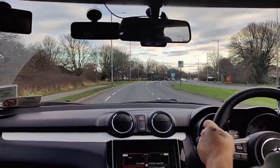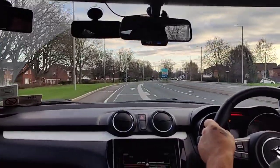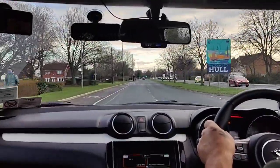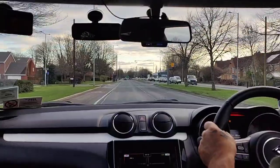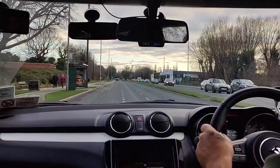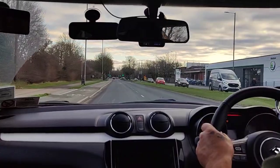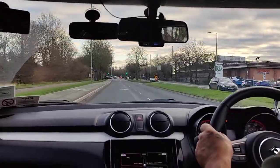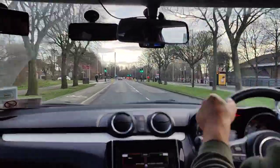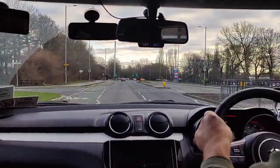Okay, we're back for part 2 of test route number 4 in Hull, and we're just on Bev High Road, from where we were before. We're coming down just past Skoda on my right hand side, keeping an eye on all these traffic lights, all these crossings, people turning from the right hand side in front of you, being aware of any of these